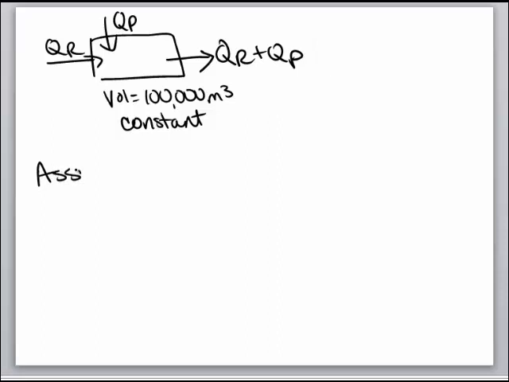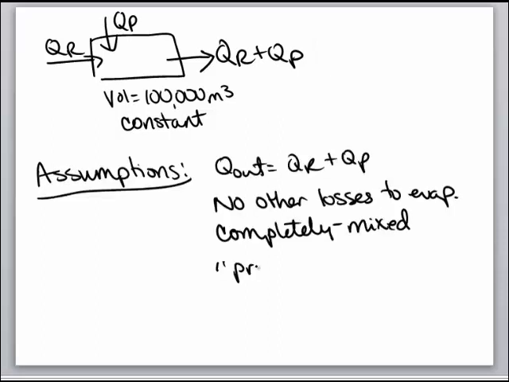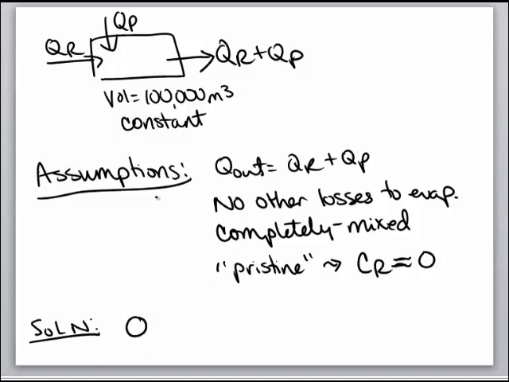It's always good to list your assumptions. And I'm going to assume that when the problem statement said that the river was pristine, that meant that the concentration of the river of the pollutant was near zero. Alright, so I'm going to set up my mass balance with those things in mind, and I'm going to say steady state, dCV/dt equals 0. And so what's coming in, C_R Q_R plus C_P Q_P